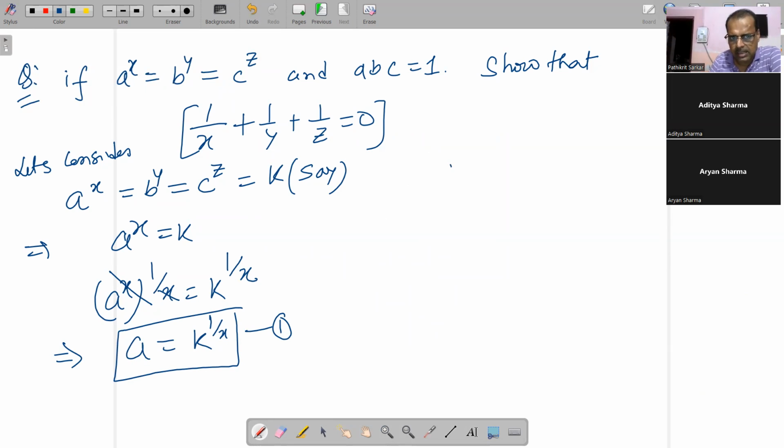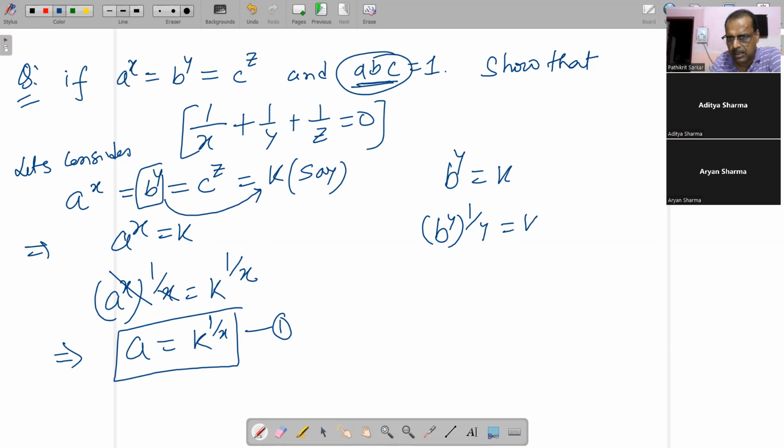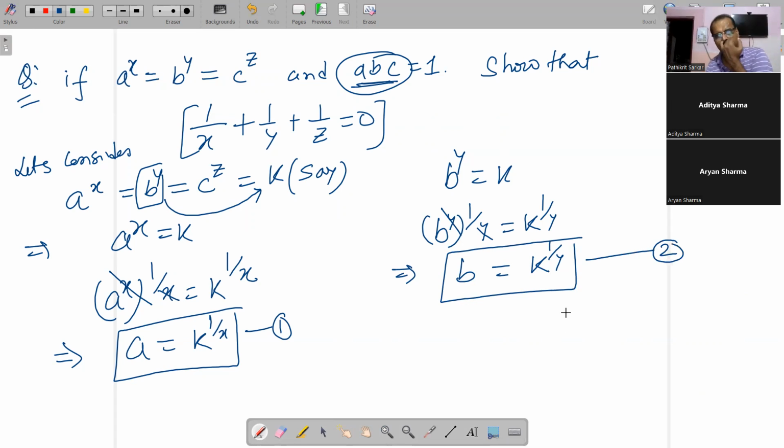अभी ले लो नेक्स्ट वाला, दैट मींस b to the power y is equal to k से, क्योंकि यहाँ पर लिखा है आपने b to the power y is k, तो इसके ऊपर पावर में ऐसे करके डालो, क्योंकि y को तुमको हटाना है। सो 1/y कर दो एंड पावर ले लो k to the power 1/y, तो y कट गया। So once you cut down these things, it comes down to b is equal to k to the power 1/y, ये आ जाएगा। तो इसको इक्वेशन नंबर 2 में डाल दो। नंबर 2 इक्वेशन आ गया।